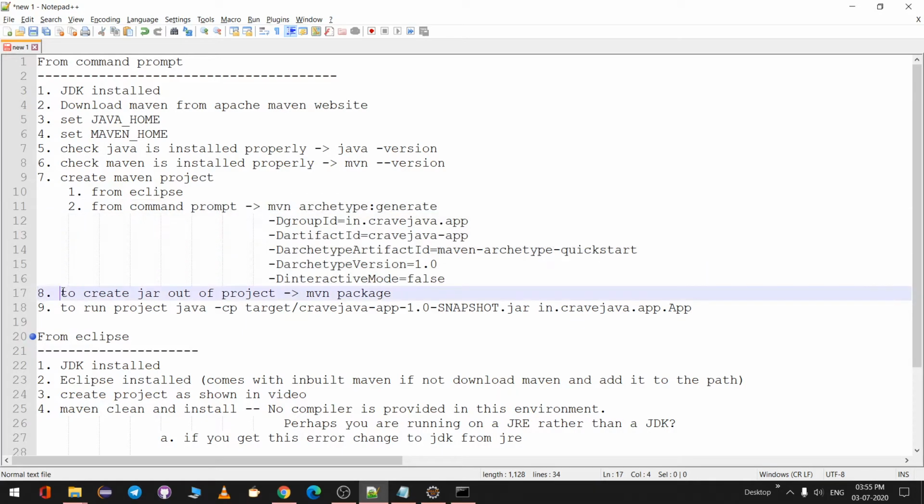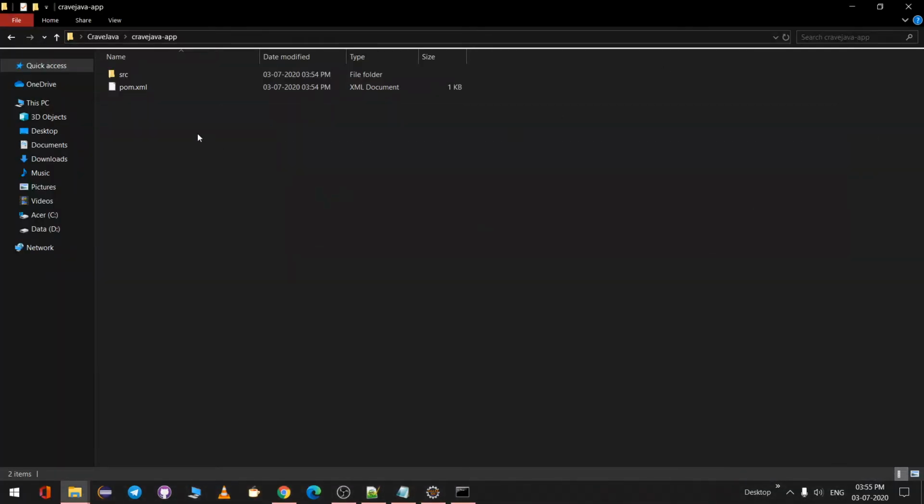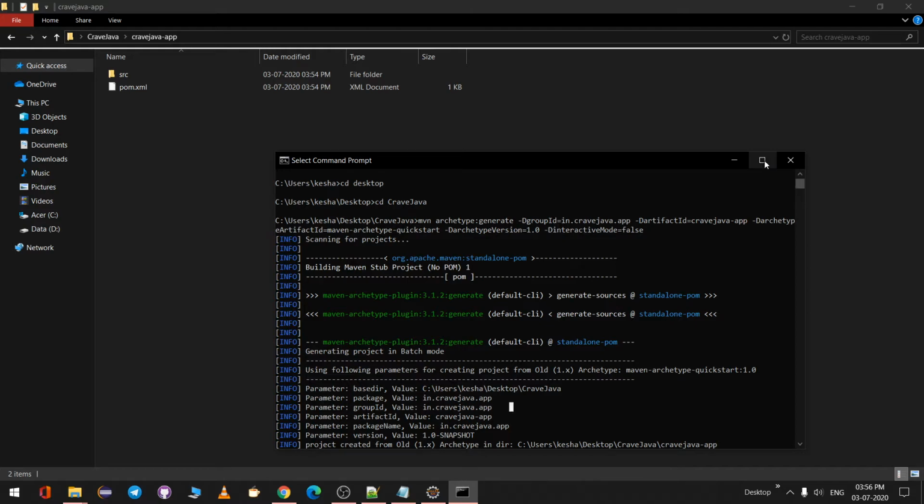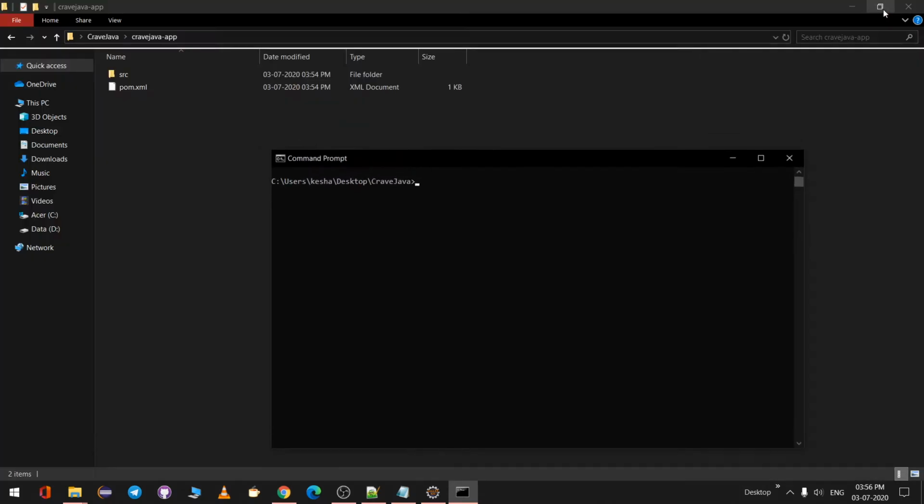Now as you can see, there is no jar file created from the sources. So to create a jar file and run that application, I'll just clear this. You have to navigate inside the Crave Java app. So what I'll do, cd Crave Java app. Hit enter.